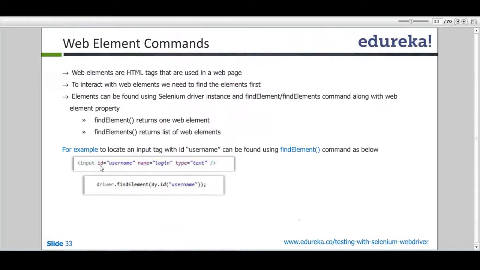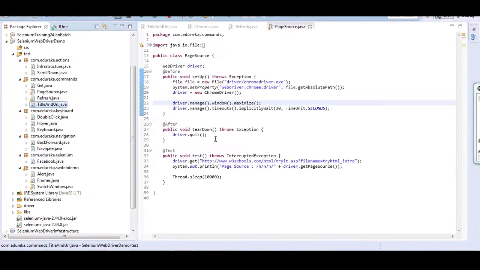If you have an application and in that your source code looks something like this: input tag, ID equal to username, name equal to login or text. So how will you write it? You need to say,